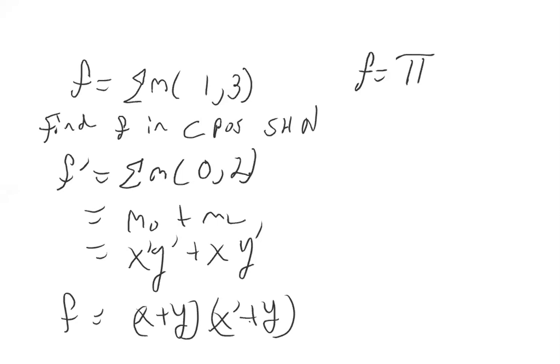And that is equal to the pi product, because these are products, basically multiplied together, instead of the sigma where these terms are being added together. And in the pi product, we use capital M because this is max terms. And in those max terms, we write out the complement of the set of terms, that is those elements which are in the offset. So what we'll do is we'll write out 0, 2,